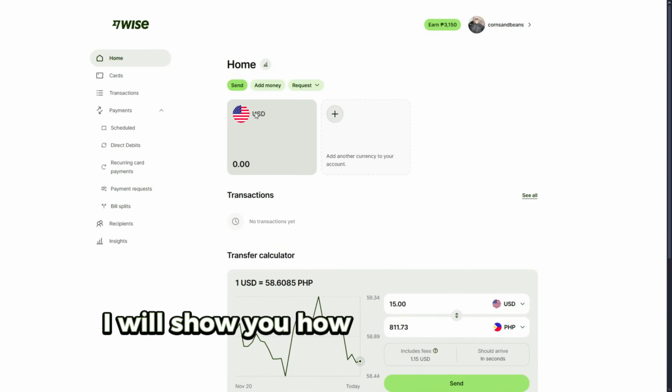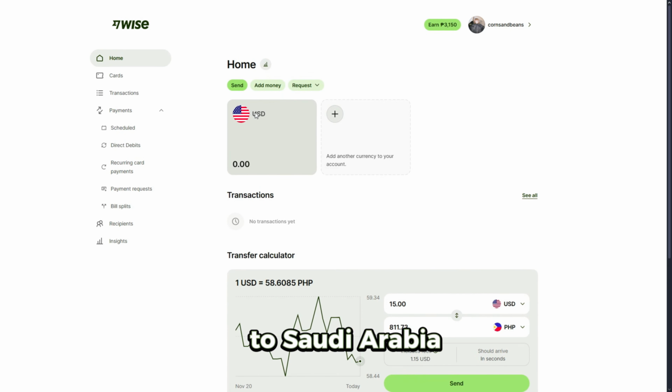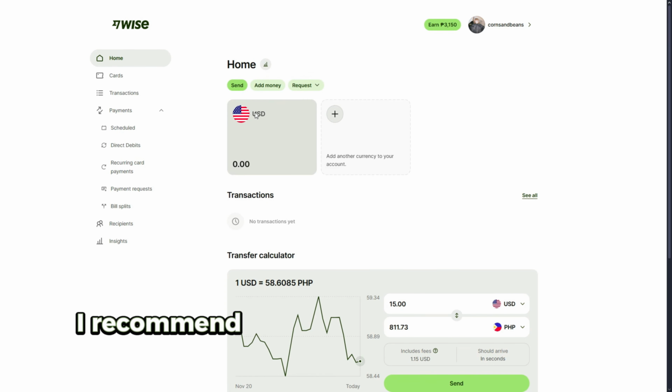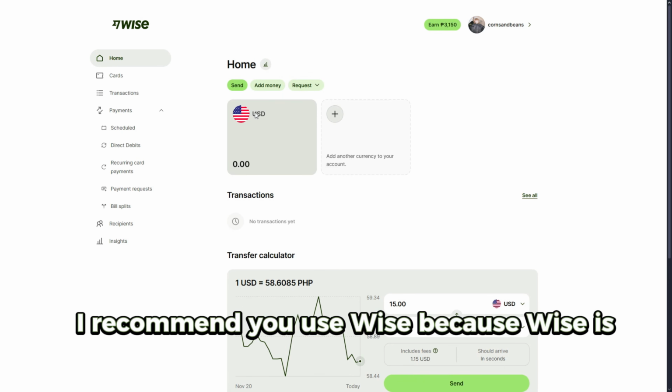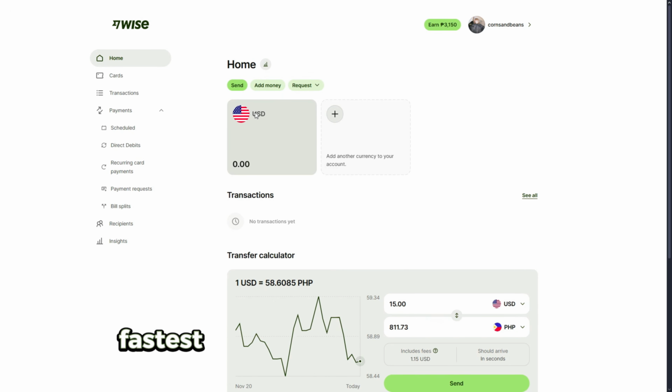In this video, I will show you how to transfer money from India to Saudi Arabia bank account. To do this, I recommend you use Wise because Wise is one of the easiest, fastest, and cheapest ways